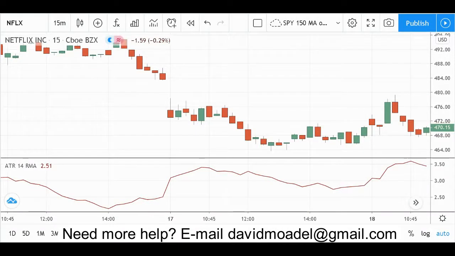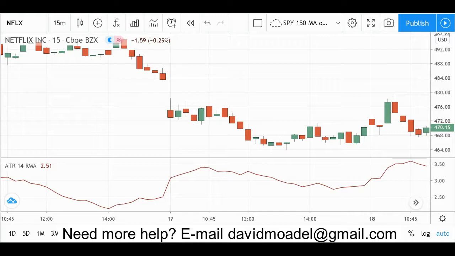I want to give you a strategy involving ATR, or average true range. This is probably going to be used mostly for day trading, although I suppose you could swing trade with this as well. But right now I'm on tradingview.com and I've got the 15-minute candles up there. But if you want more detail in your candles, you can certainly try using this with 1 minute, 2 minute, 3, 5, whatever you prefer.